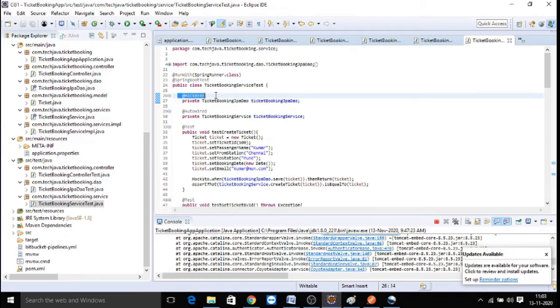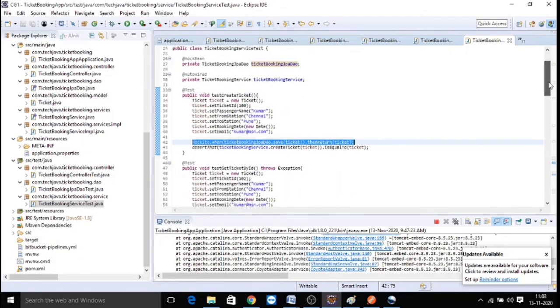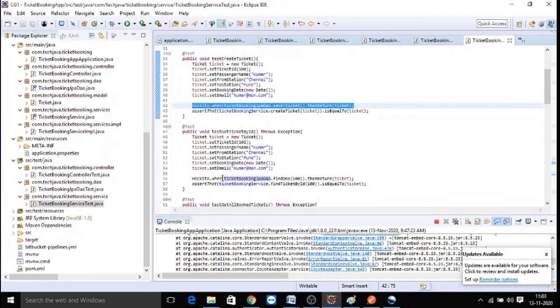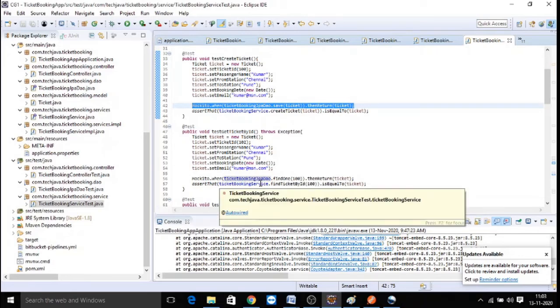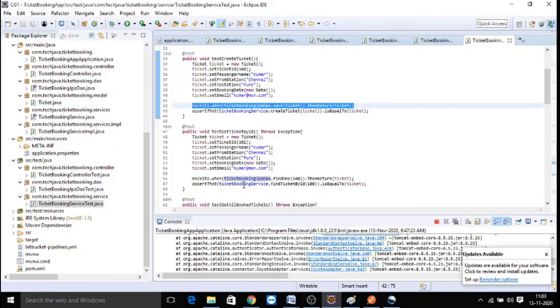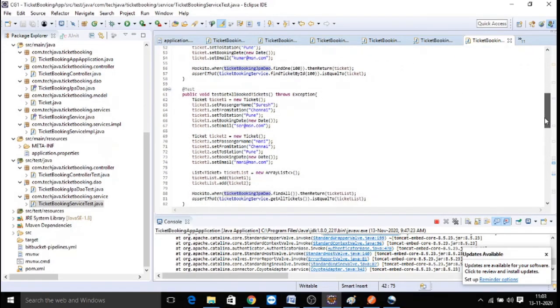That is called the @MockBean annotation, which refers to your mocking bean. Every time you use that mock bean, you pass the expected value, and then you run your service method to check your actual value against the expected value. Everywhere you use the same mock bean for a DAO, and then you run your test case and test your service class methods.